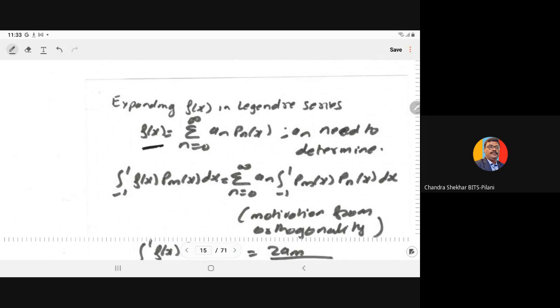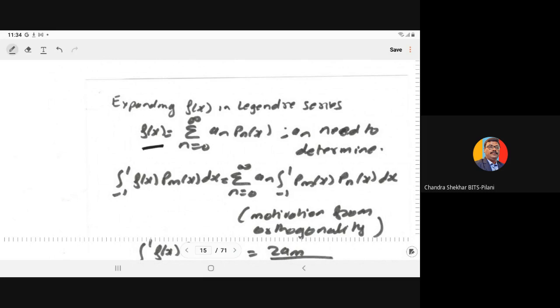And we let fx be equal to summation an into pn, n from 0 to infinity, because now we do not know the highest degree of x. In the polynomial we know the highest degree of x, accordingly we can close, but for a general function we can have an infinite expansion, so that's why we have to take the summation n from 0 to infinity an pn, where an needs to be determined. Now how can we determine it? For that we use the orthogonal property, right? What is the orthogonal property?